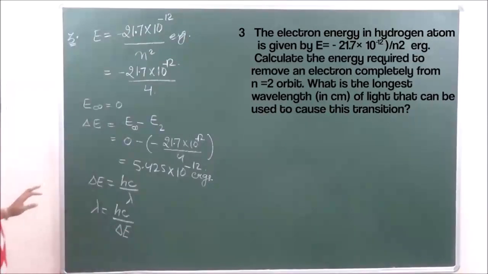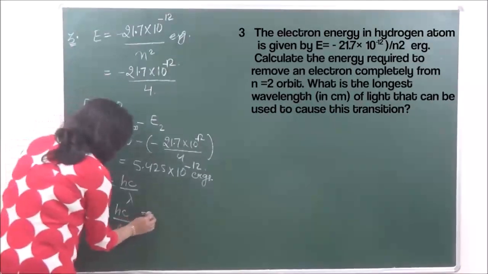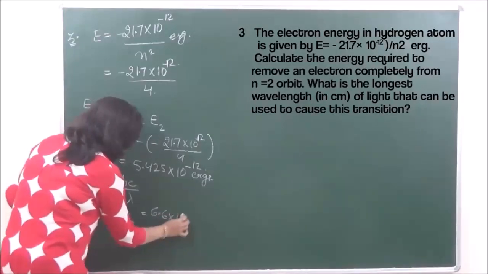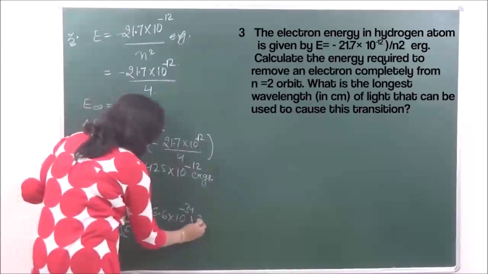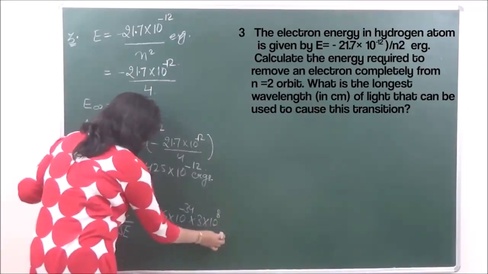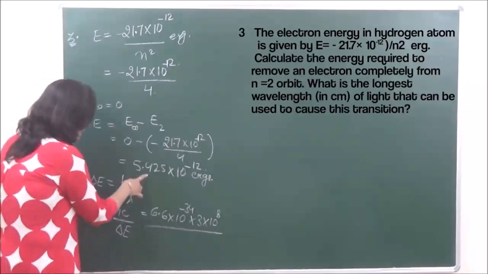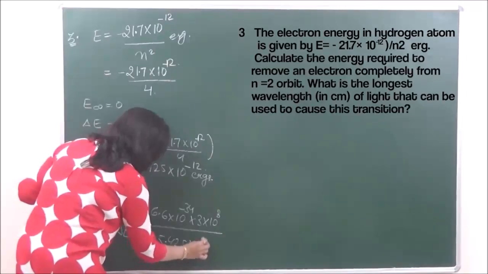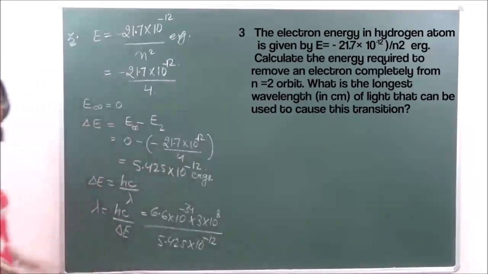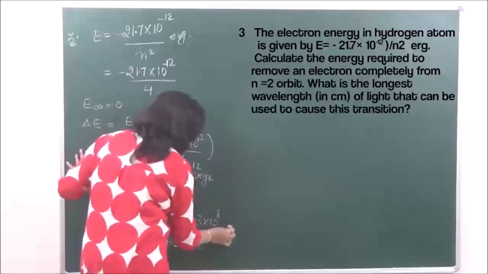hc upon delta E. Let's put the values. The value of h is 6.6 into 10 raised to power minus 34, into 3 into 10 raised to power 8, upon the value of delta E, that is 5.425 into 10 raised to power minus 12. That is lambda. So lambda when calculated comes to 3.7 into 10 raised to power minus 5